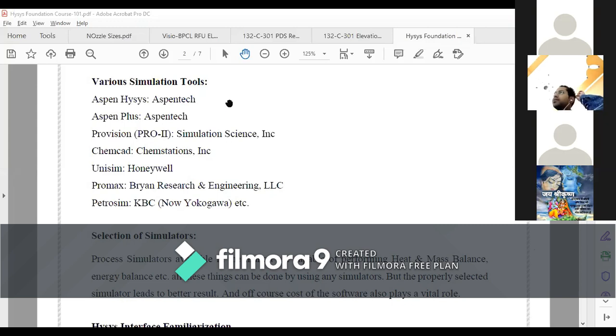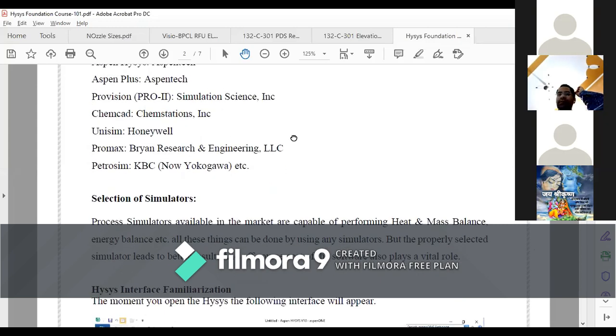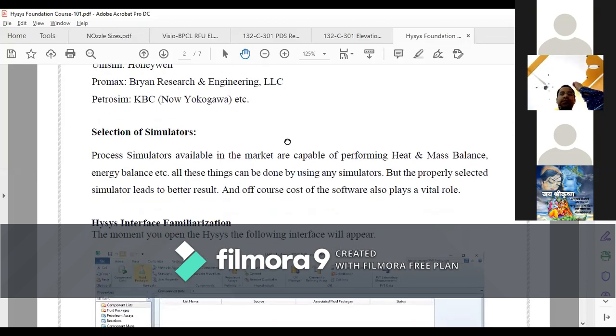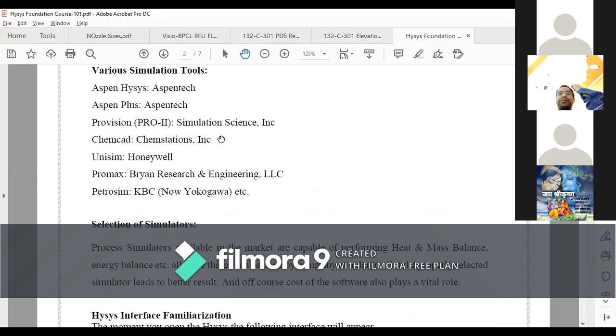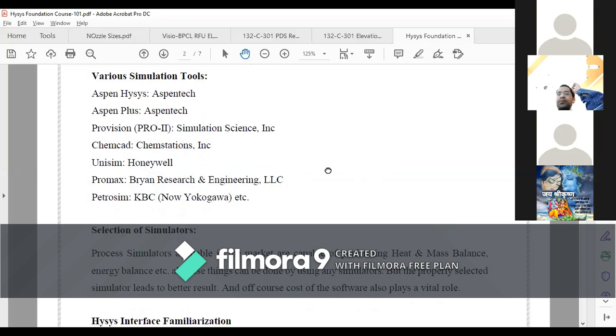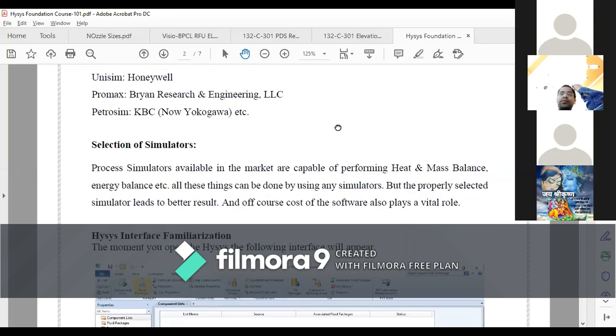I have listed only a few simulator tools, even though there are so many other softwares available in the market. This is just for our understanding of what the various simulators are and how we can select one tool with respect to the other, which can predict the better result for our particular application.